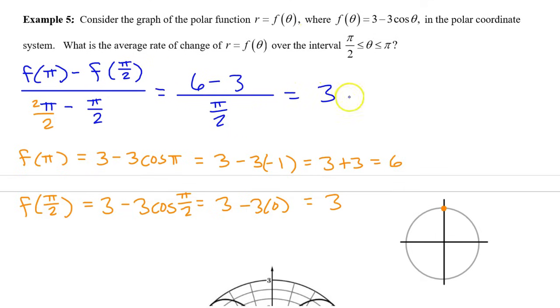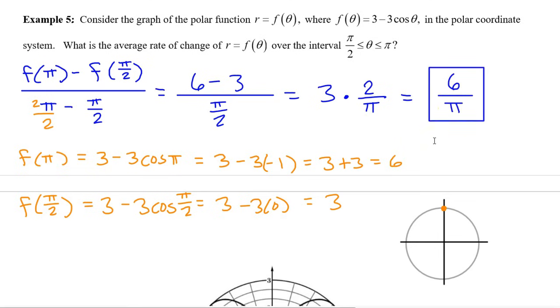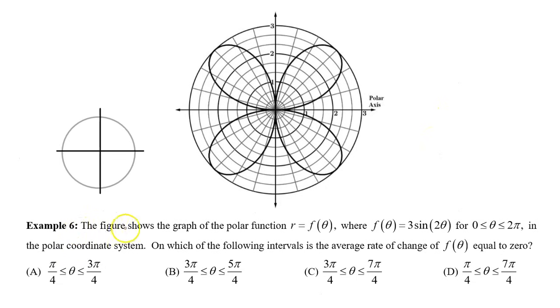And when you divide by a fraction, you multiply by the reciprocal. So we have 3 times 2 over pi. This gives us a final answer of 6 over pi. Kabam! Example 6. The figure shows the graph of the polar function r equals f of theta, where f of